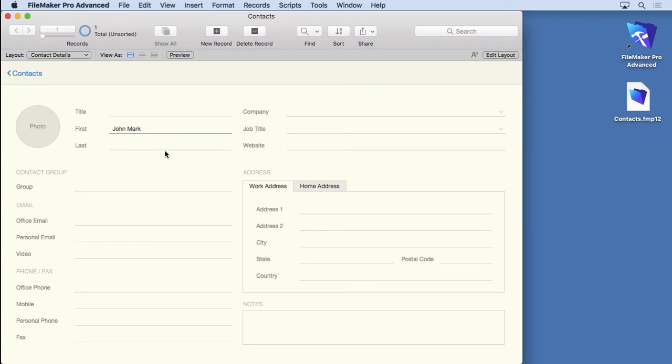Very simple. And when you want to work on the next field, you can click into it. Type in my last name. And if you don't want to touch the mouse, you can simply hit the tab key and it'll go to the next one in what's called the tab order, which you can set up if you want. This has obviously been set up with the tab order ahead of time, and so we can simply type in